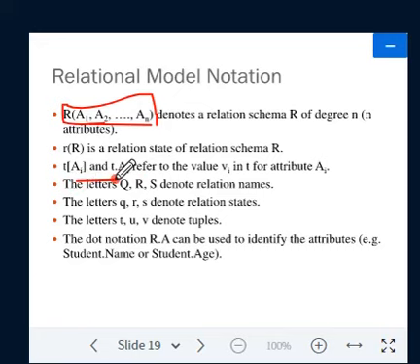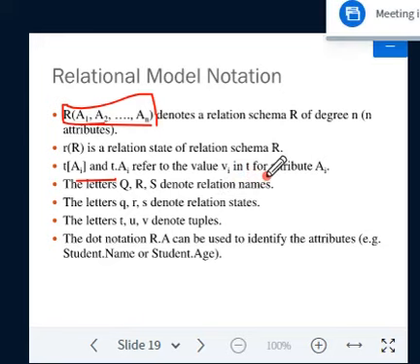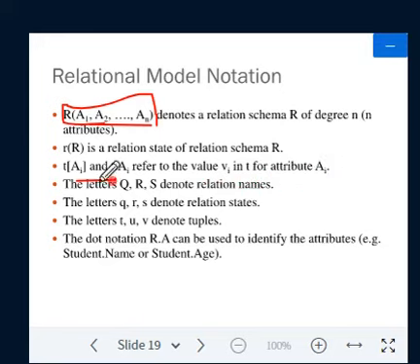Next, we have the representation of the tuple. T of the set of attributes. T of A comma i refers to the value vi in the tuple t for the attribute A. When I say t[Ai] or t.Ai, that means a particular attribute value of that particular tuple.